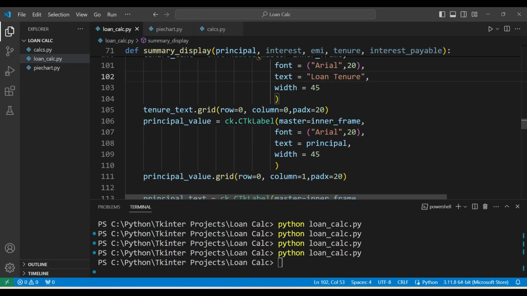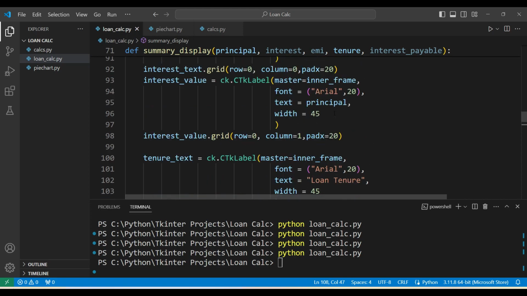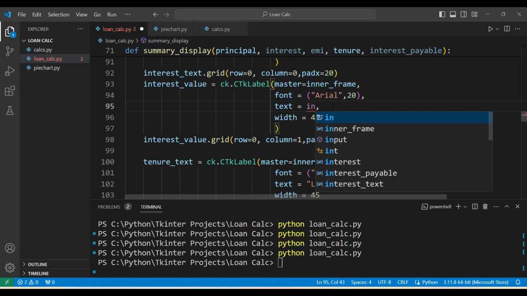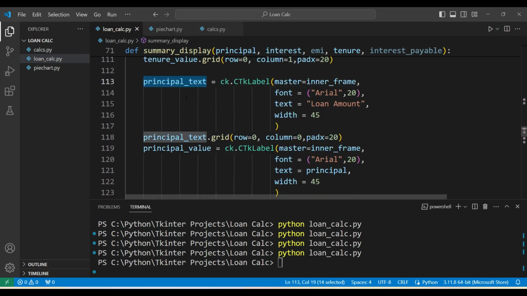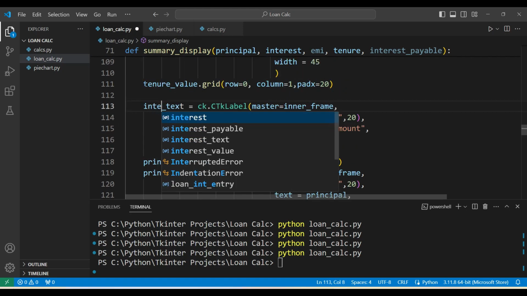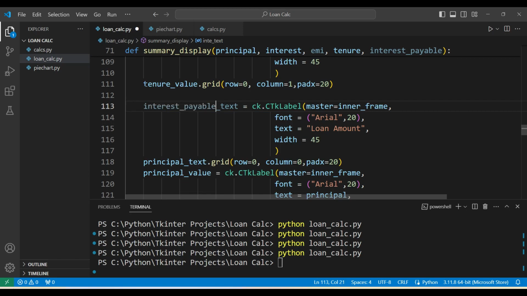Okay, and here is the loan value, sorry, tenure value, tenure value comes to the tenure, and here it changes to interest. Okay, and the tenure is done. Now the next one is the interest payable, interest payable. Okay,